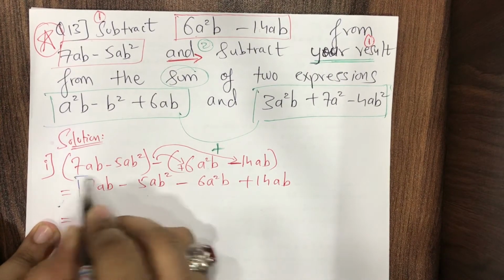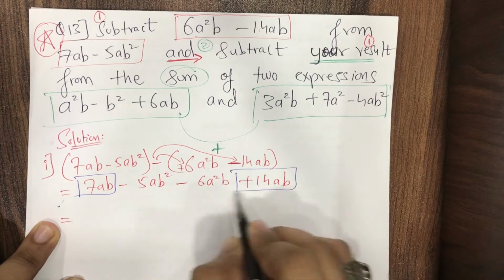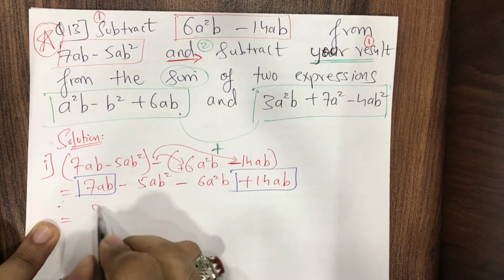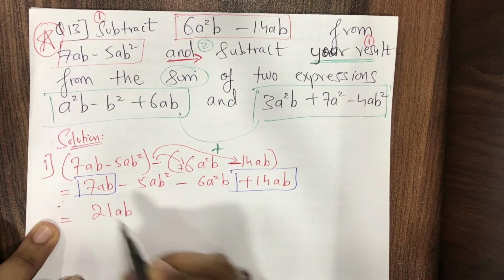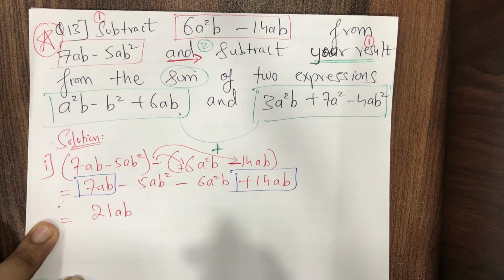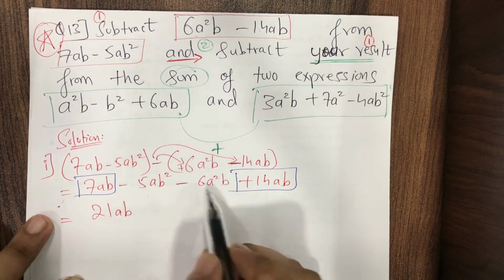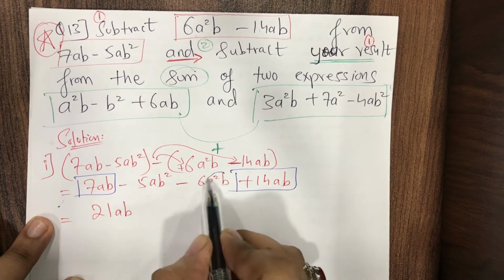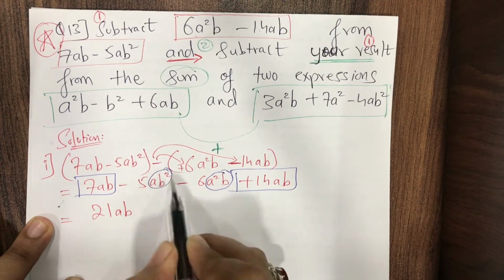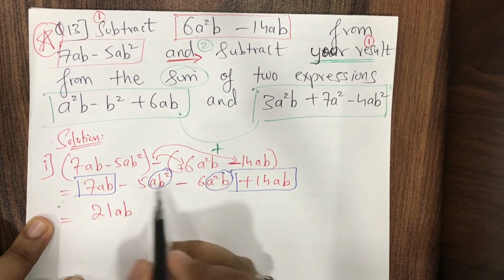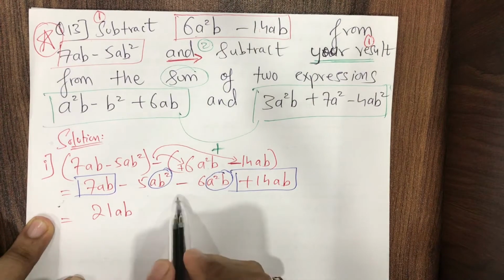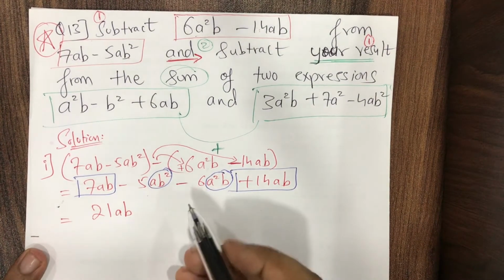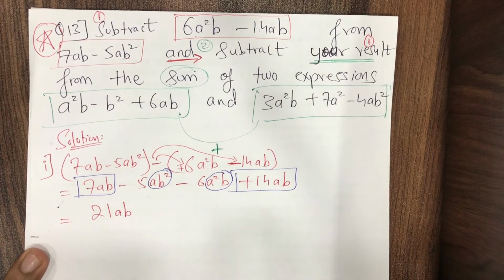Okay, so let's see how many terms we have here with ab. This is plus 7ab and this is plus 14ab. So can I say, students, the answer will be 7 plus 14 is 21ab. And then, students, here with a square b, how many terms can we say with a square b? See, this is a square b and this is ab square. These both are different. Don't just merge these two with the excitement that they are the same. This is a square b and this is ab square. So we cannot do anything. We'll just write it as it is.